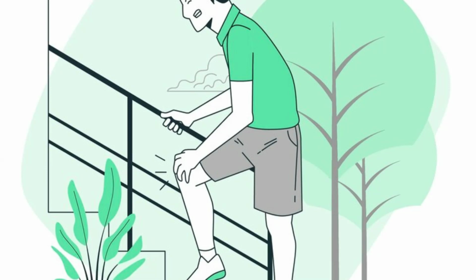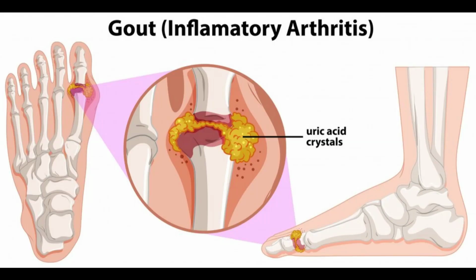In addition, fat tissue produces proteins that can cause inflammation and damage to your joints. Joint injuries, such as those from playing sports or from an accident, can increase your risk of developing osteoarthritis. Even injuries that occurred many years ago may still increase your risk. Repeated stress on the joint. If you have a job or sport that stresses your joints often, they may eventually develop osteoarthritis. Genetics: some people are more likely to develop osteoarthritis.